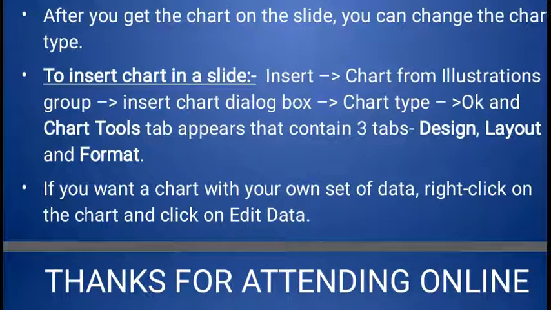If you want a chart with your own set of data, right click the chart and click add data. Suppose you already created a chart and you want to change the chart layout, add some kinds of labels, and put some stickers on the chart. Simply click the chart, right click, and in the shortcut menu click Edit Data. This is another way we can change or decorate our chart.